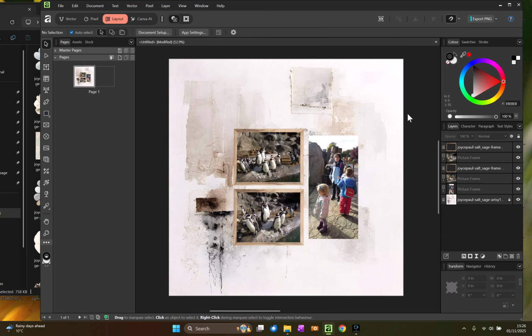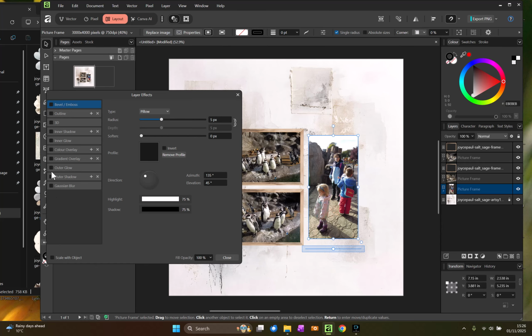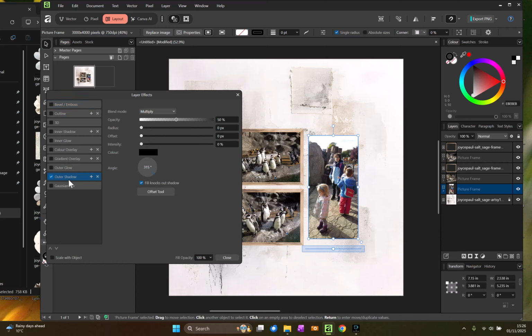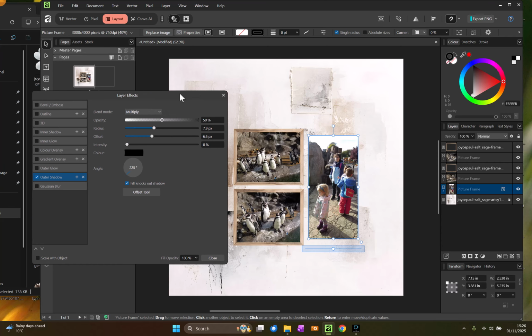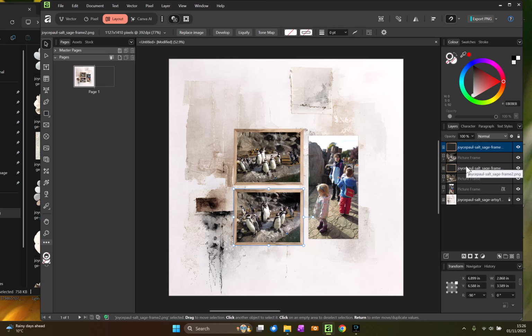Let's Control 0 to bring that out. I'm going to add some drop shadows. So this picture frame here, I'm just going to go FX, outer shadow. Let's just give it a simple shadow. I like it to come to the right. And just a little bit. And then the two wooden frames are going to have a deeper shadow because